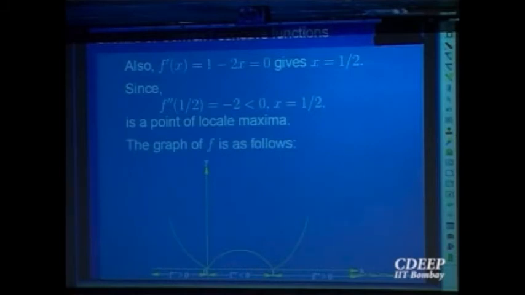Right? So in this portion it is concave up, in this portion it is concave up, and this is concave down. And these are the points where the function is changing its nature from convexity to concavity, and from concavity to convexity, and those are points of inflection, and both are points of non-differentiability. Both are points of non-differentiability. Okay?